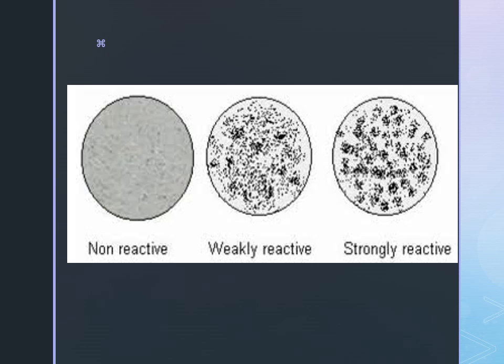Now once the test comes positive, we also have to know the titer, because sometimes there can be a biological false positive test for VDRL. That can also come as a short note, what is a biological false positive, and it can also be asked in the viva. So when we get a positive result by the VDRL test, we go for the titer, that is, we put in the dilutions.